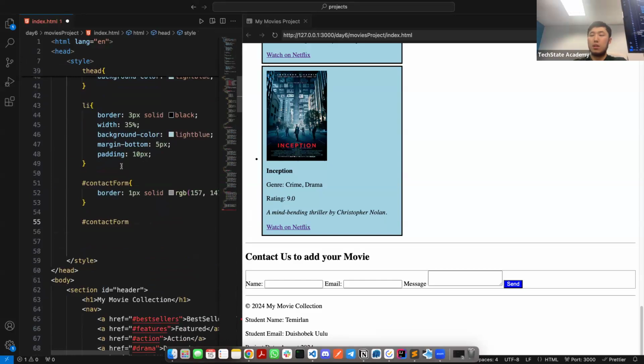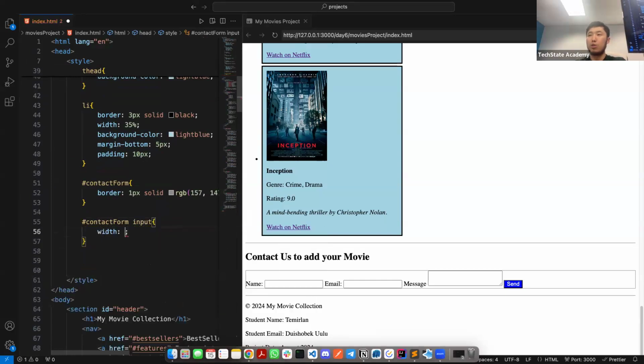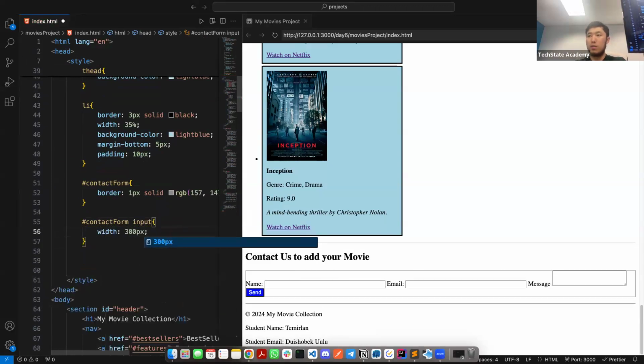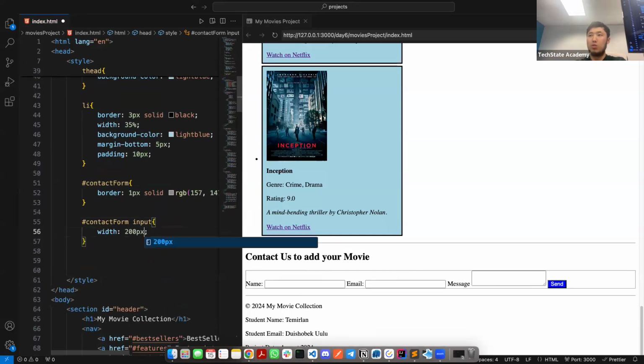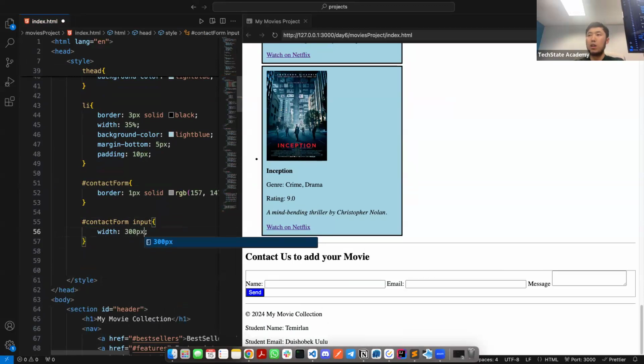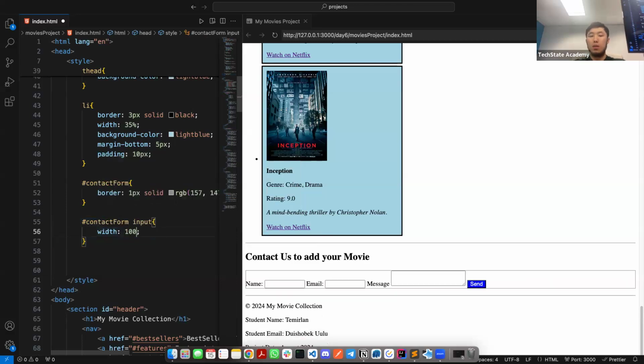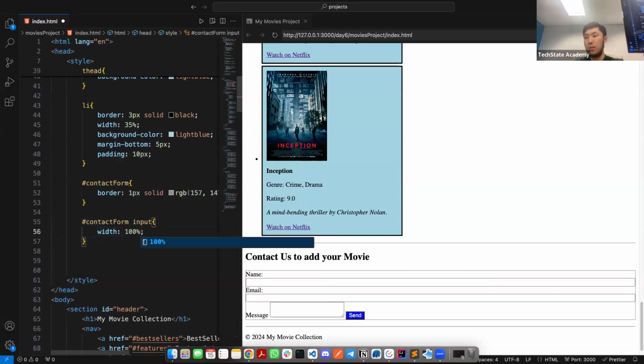Contact form, input, and then let's try giving it some size. 300 pixels, 200 pixels, or 300 pixels. And then this one is for all input. Okay, 300 pixels is not working. Maybe 100%. 100%. All right,